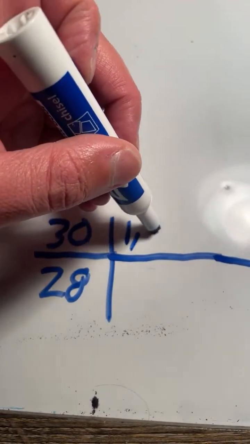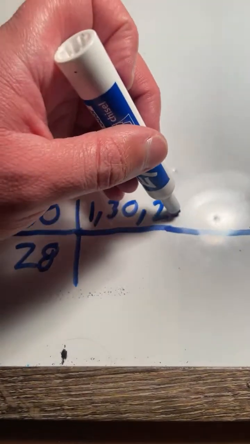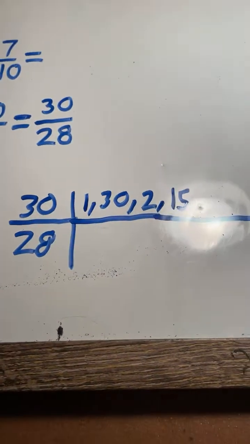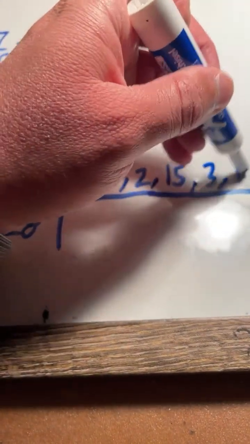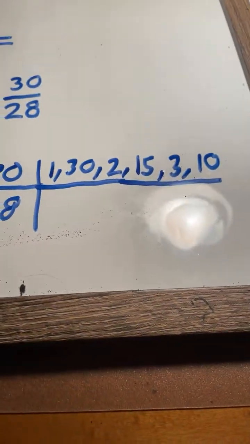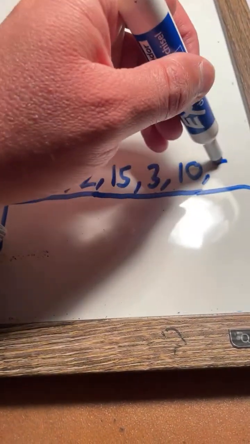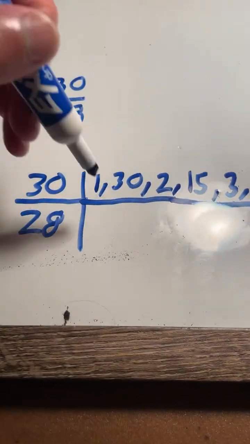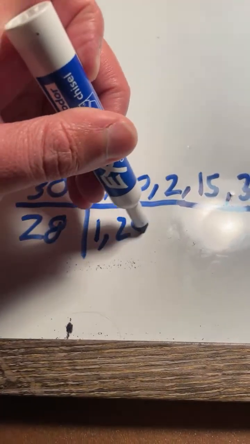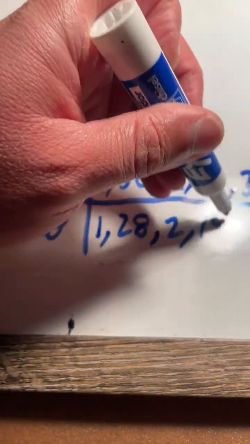So 1, 30, 2, 15, 3, 10, then we have 5 and 6. 28, we have 1, 28, 2, 14,